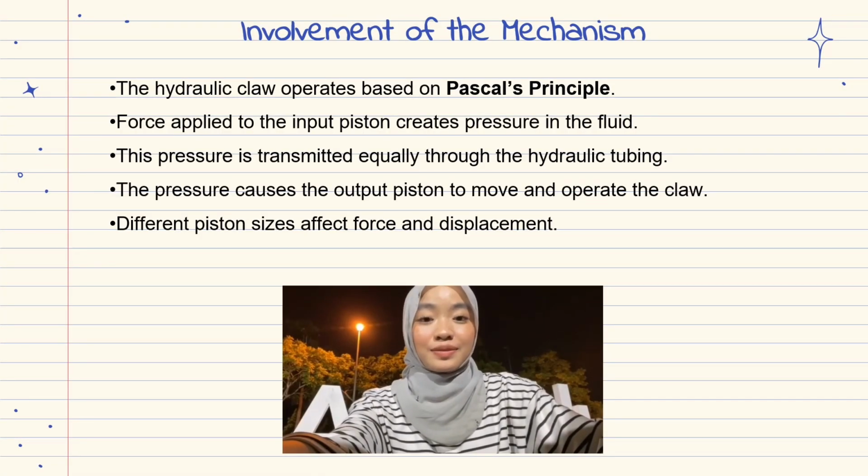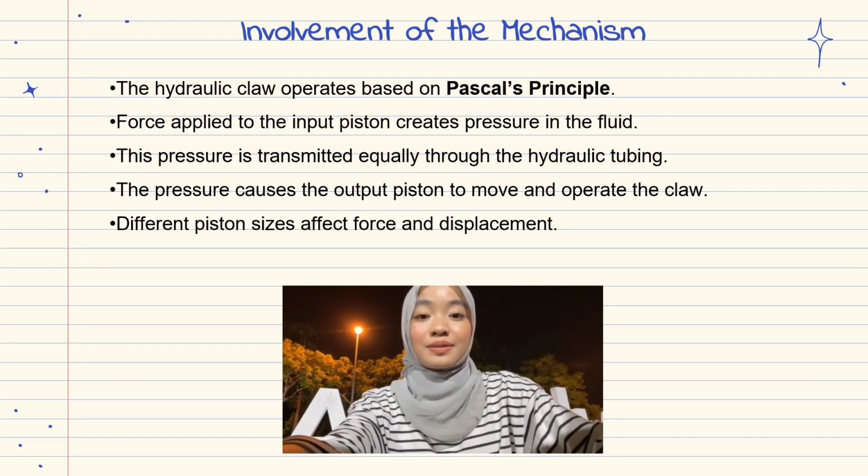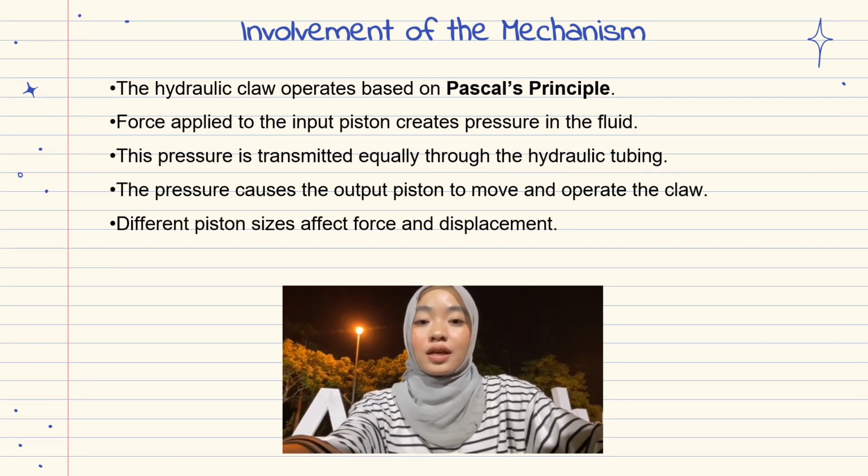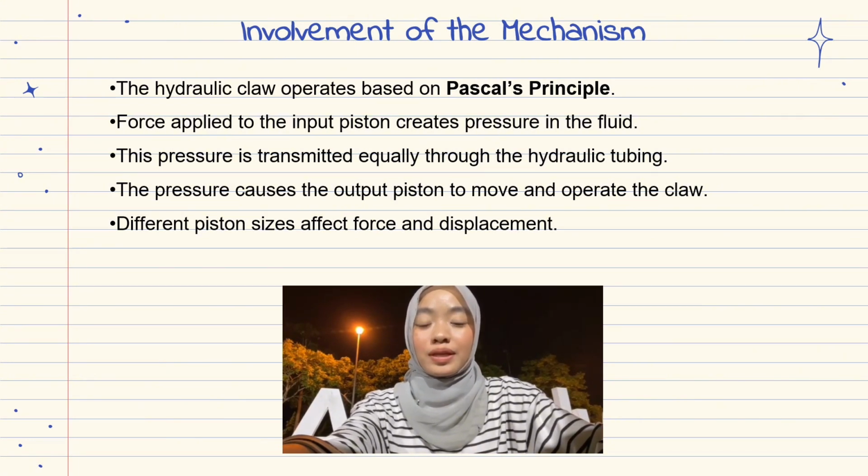Involvement of mechanism, interpretation of result, and new understanding. The involvement of mechanism is that the hydraulic claw operates based on Pascal's principle. Force applied to the input piston creates pressure in the fluid. This pressure is transmitted equally through the hydraulic tubing. Next, the pressure causes the output piston to move and operate the claw, and different piston sizes affect force and